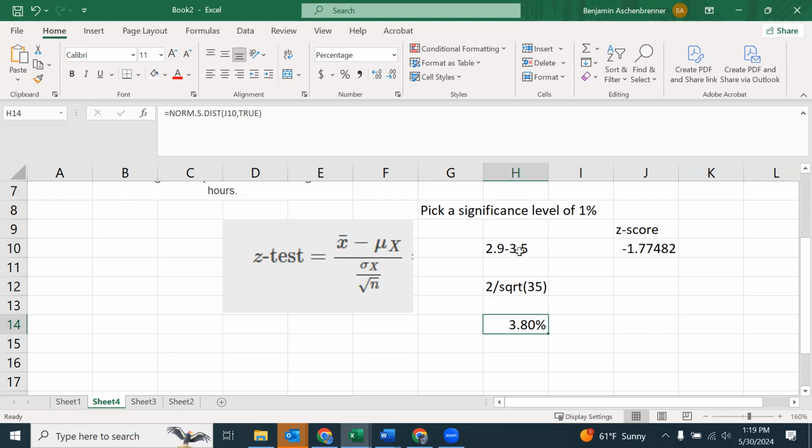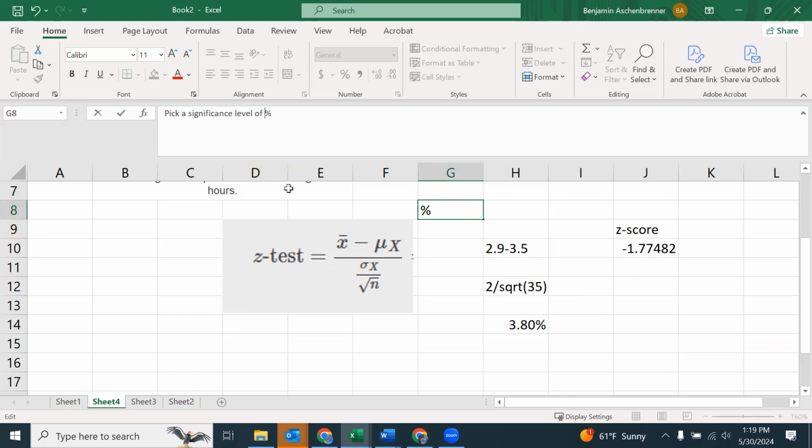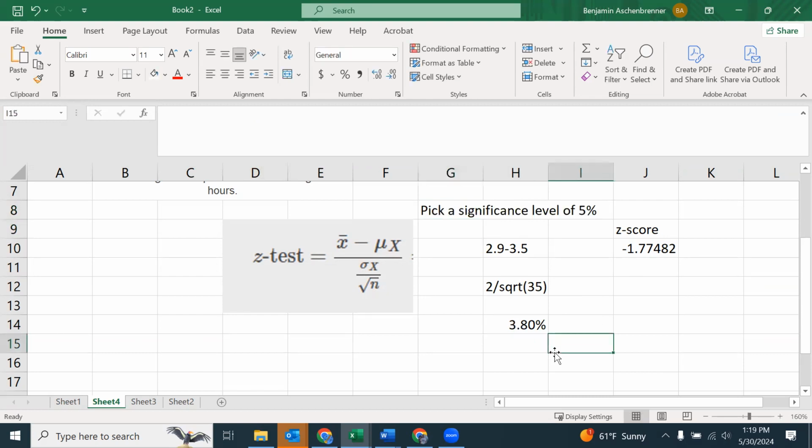So even though I did my research and there was a result lower than the mean that was supposedly there, it's not so low that at the 1% level I would reject it, because 3.8% is not below the significance level that I'm looking for. If I had picked the 5% significance level, then I would still reject the claim